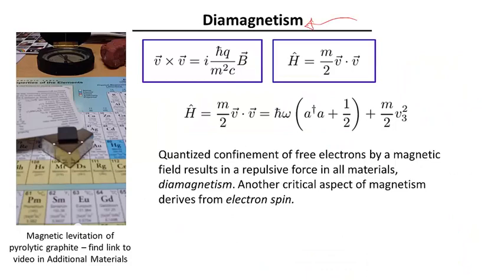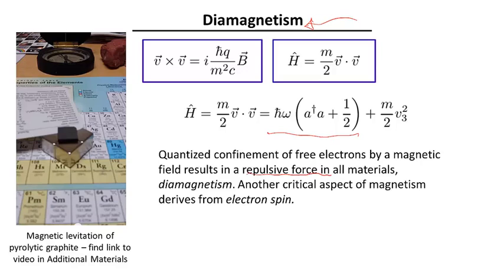That's one aspect of magnetism. It's a repulsive force. So Landau showed that because of this quantization, this is the minimum energy that a particle can have. There's a zero point energy of motion in a particle in a magnetic field that's proportional to the field. And so, in other words, if you have an ensemble of such particles and then you increase the magnetic field, their energy goes up. So they feel a repulsive force due to a magnetic field.